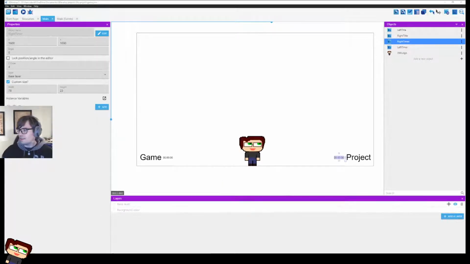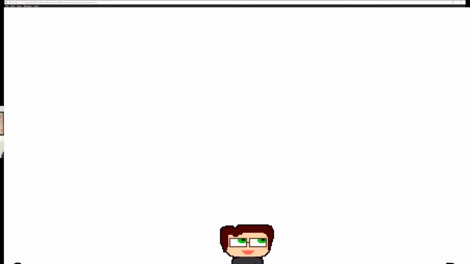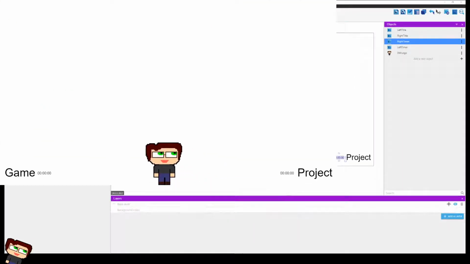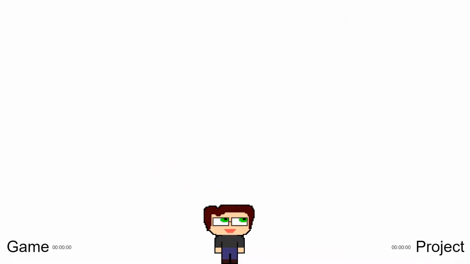It's got to set the height to this. There we go. So we're going to make it smaller. Here's our first problem: our overlay doesn't actually have any transparency to it, which sucks. But maybe we can fix that. We might be able to fix it.